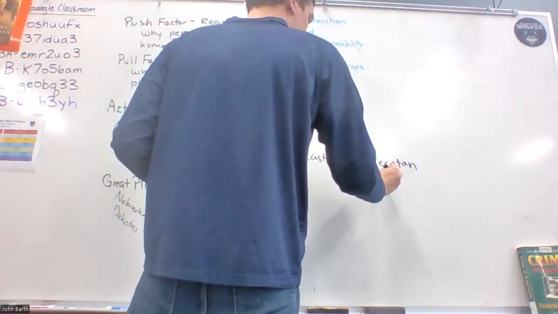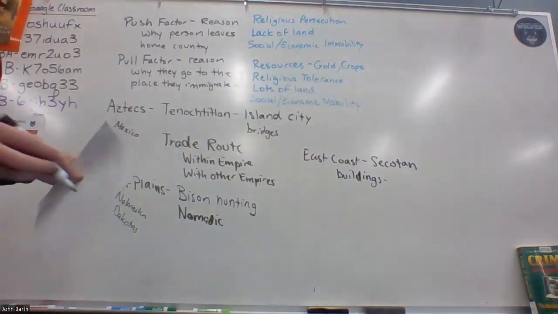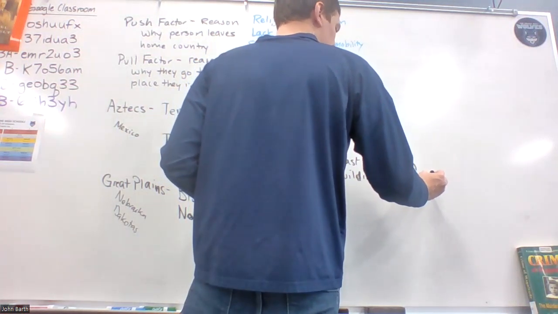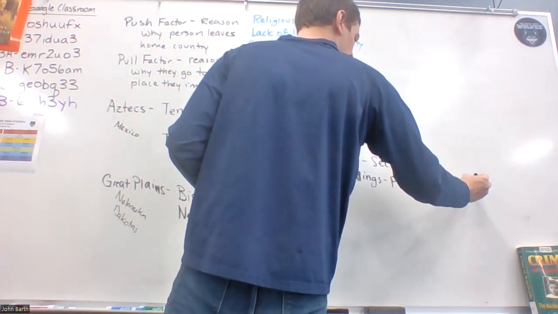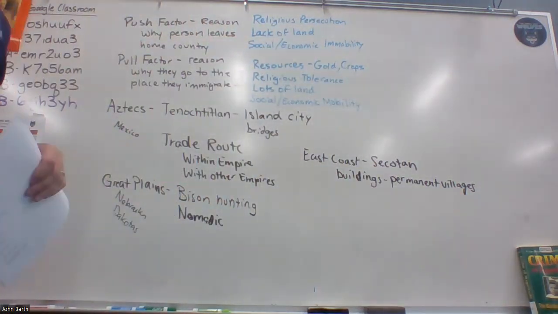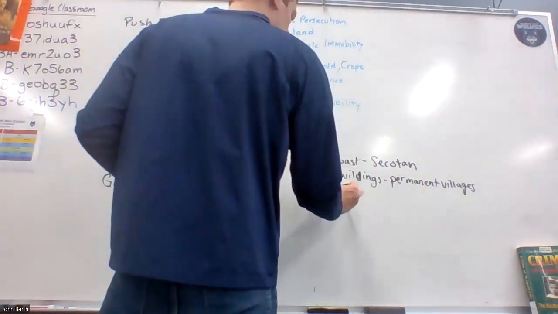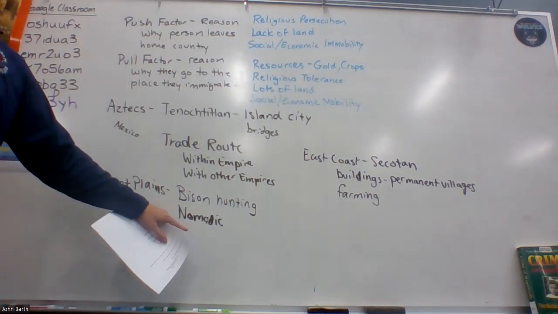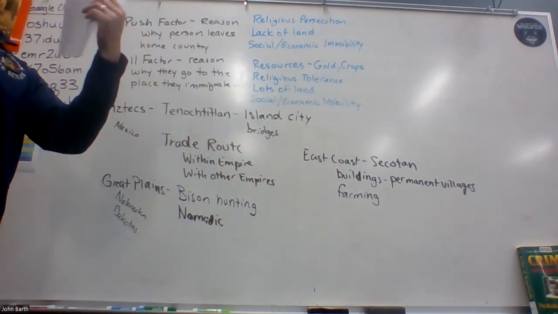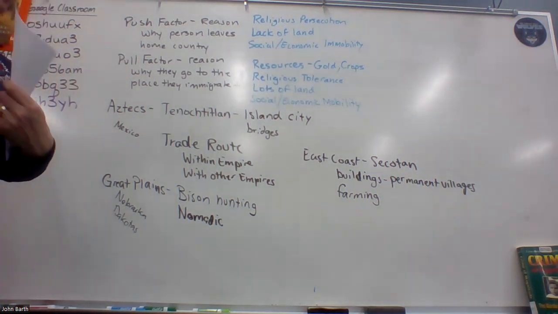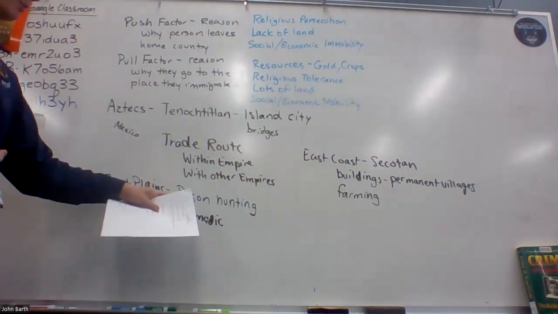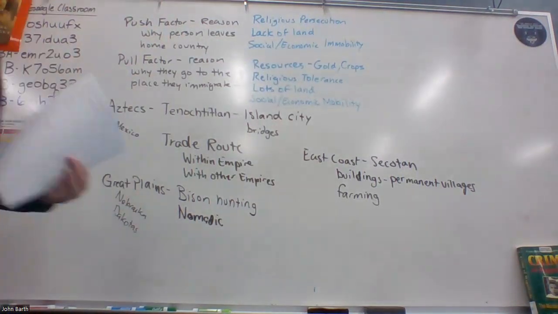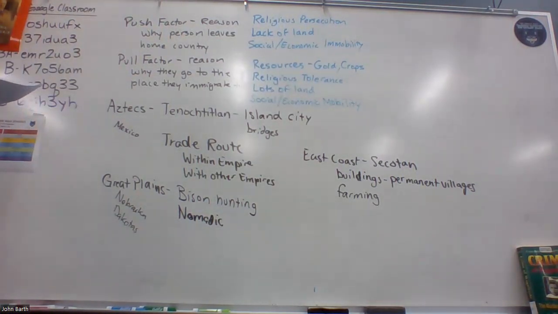East Coast. So buildings, that shows an example of permanent villages. What else did we see in that map? We saw farming. Farming and agriculture. But in the Great Plains, we don't see that as much, right? Because you can't stay in one place and do the farming and tend to the crops if you're moving around, following the bison. Depending on where you lived, could change how your community has to adapt to the bison.